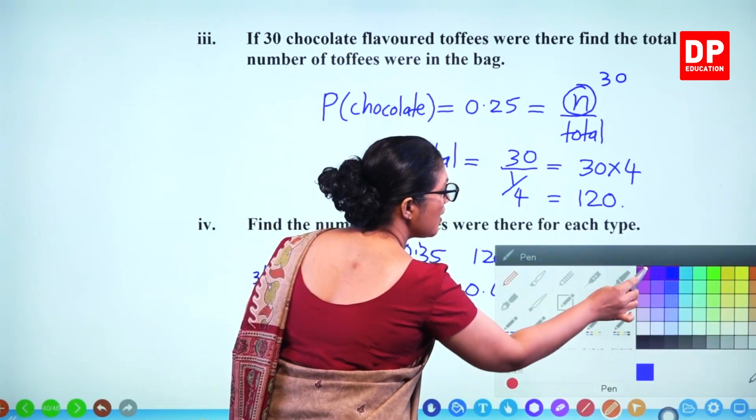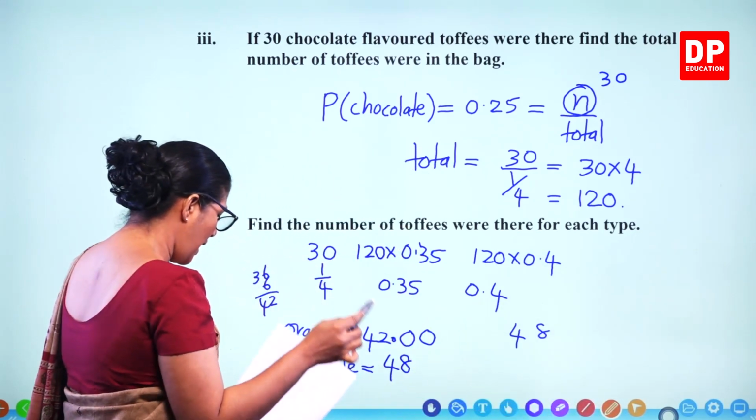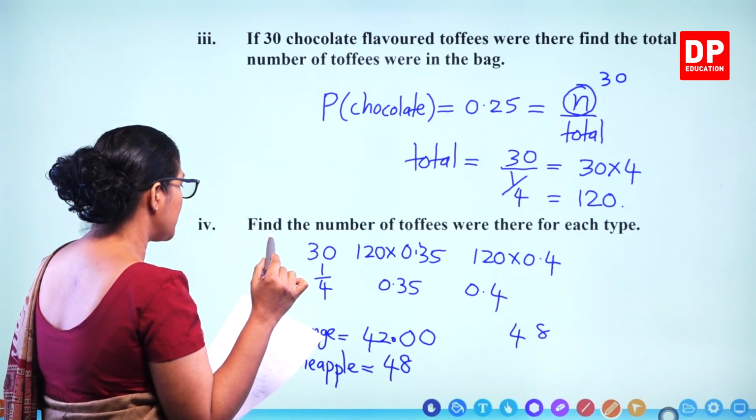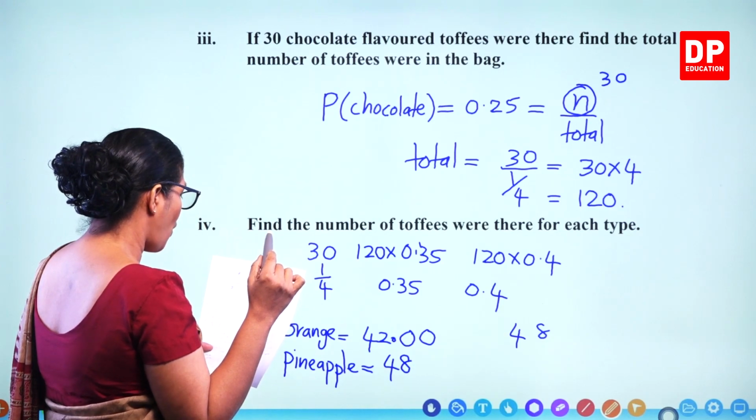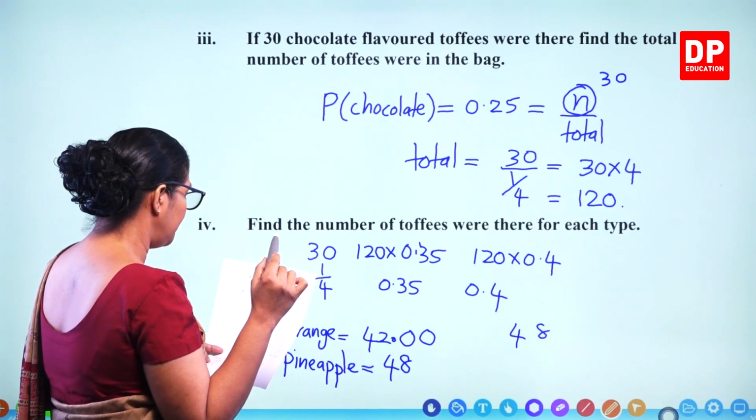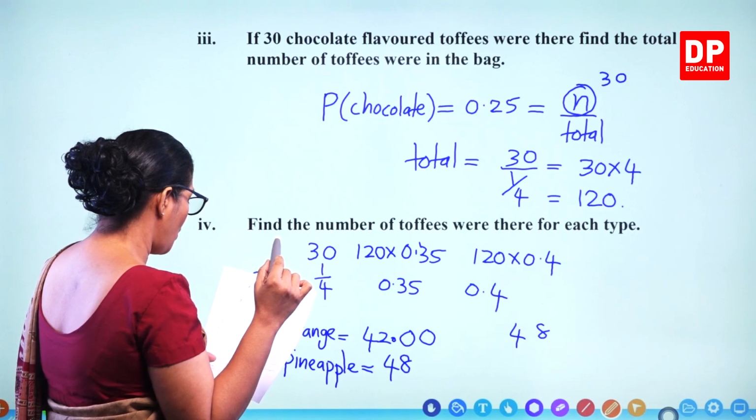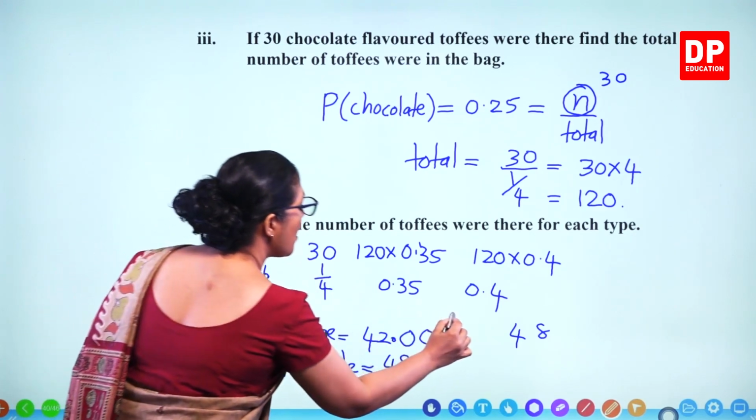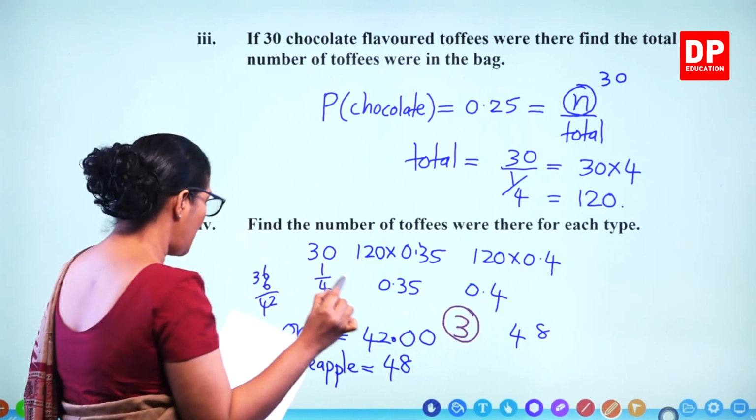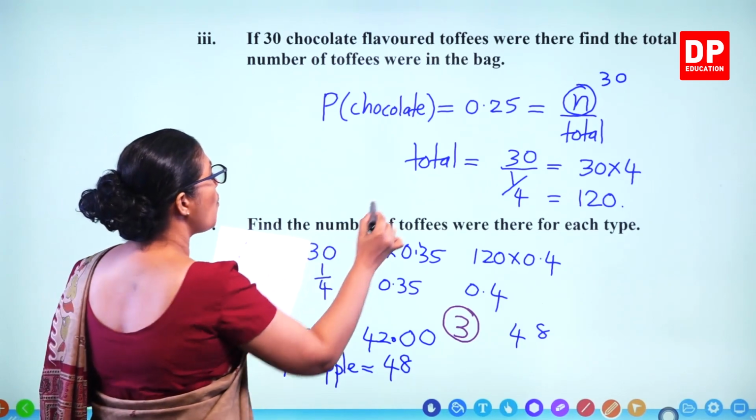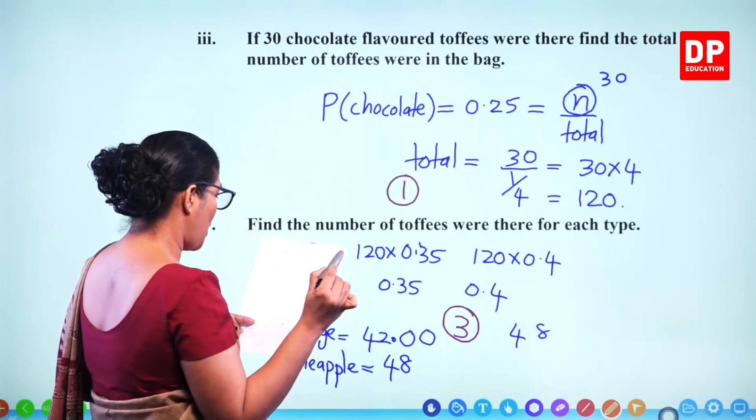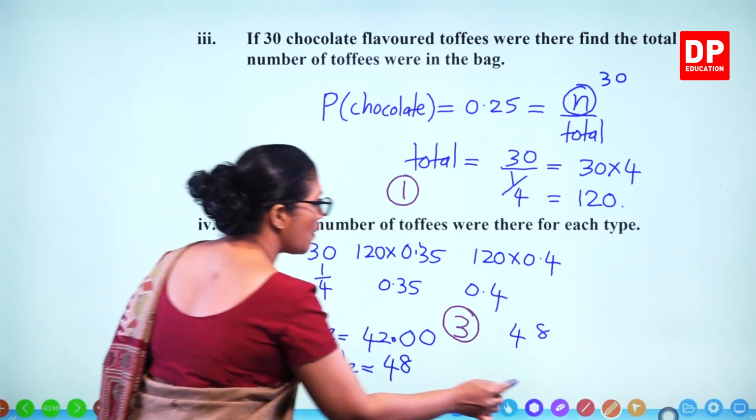So let's see how many marks for that. So you get 48 pineapple and 42 orange flavored ones. So 3 marks for that. And the previous one, just 1 mark. 1 mark for that. So the last part,